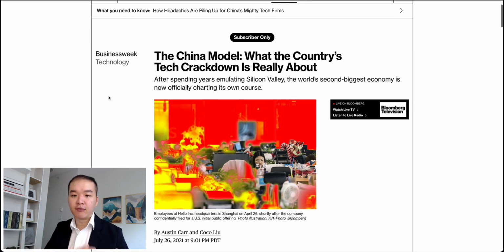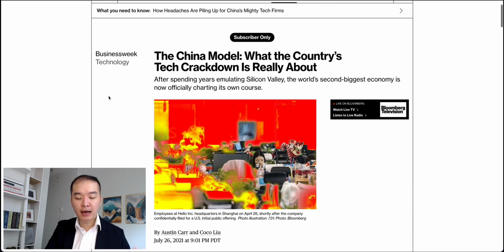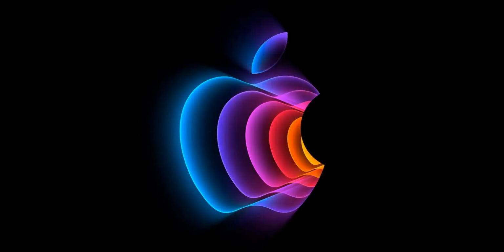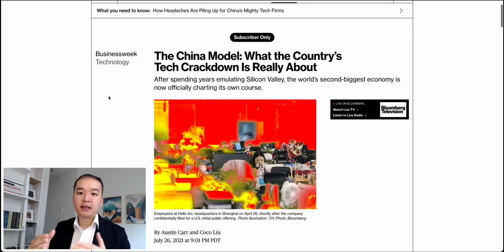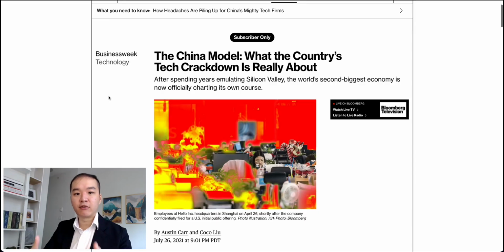So this is actually something you haven't seen in the US market before. So the US market is very capitalistic. And in a capitalistic market, companies will go bigger and bigger and bigger and eventually achieve some sort of monopoly status. I have a book here, Peter Thiel, Zero to One, that talks about that. And in a capitalistic world, the company that ends up succeeding will become a monopoly, like Google, Amazon, Apple, and so forth. And in China, they issued a series of regulation crackdowns targeting Tencent, Alibaba, to basically prevent them from being a monopoly.